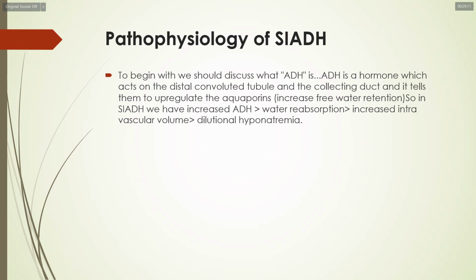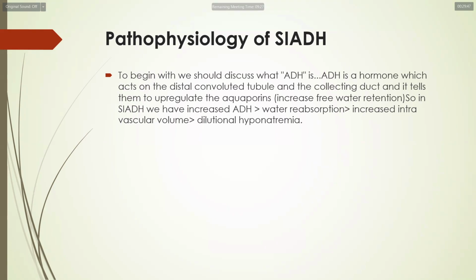طيب اللي بالبداية حكينا عنه شو الميكانيزم الطبيعي لل ADH، هسه بدنا نوصل للي مش طبيعي اللي هو زيادة الأنتيدايوريتيك هرمون. زيادة الأنتيدايوريتيك هرمون شو بتعمل؟ بتزيد الأبريجوليشن للأكوابورينز. الأكوابورينز بتزيد الفري ووتر ريتنشن. نتيجة لهذا الإشي بزيد عندي الانترا فاسكولار فوليوم، ونتيجة كمان لهذا الإشي بزيد عندي هايبوناتريميا، ونوع هاي الهايبوناتريميا هي ديليوشنال